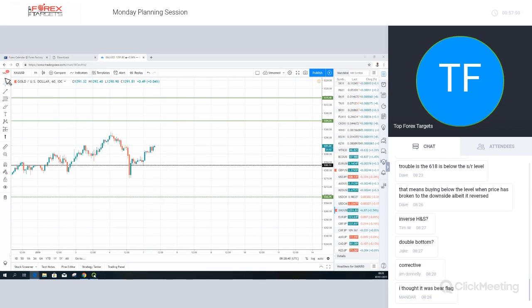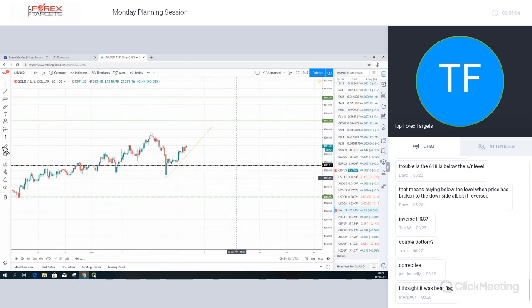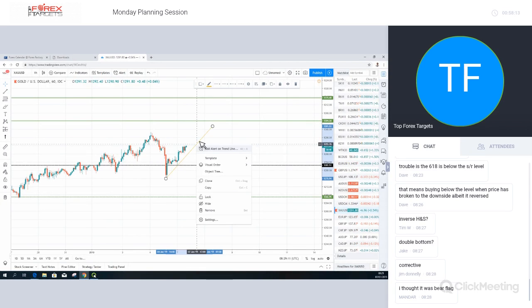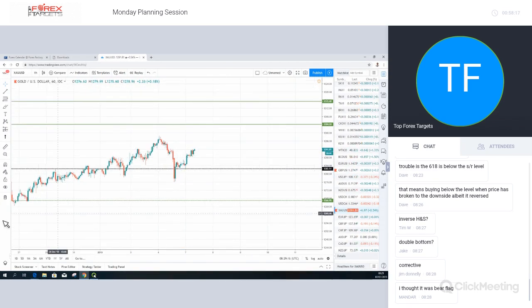It does look like a bear flag, Mandar, yeah, because you would be looking at this. So absolutely, that is forming a type of bear flag. And of course, we have to ask ourselves, what's the highest probability here? Because it could be a bear flag, could decline to the downside. But above the 128.251, I would say that this is less likely to be a bear flag, and this is more likely to be a